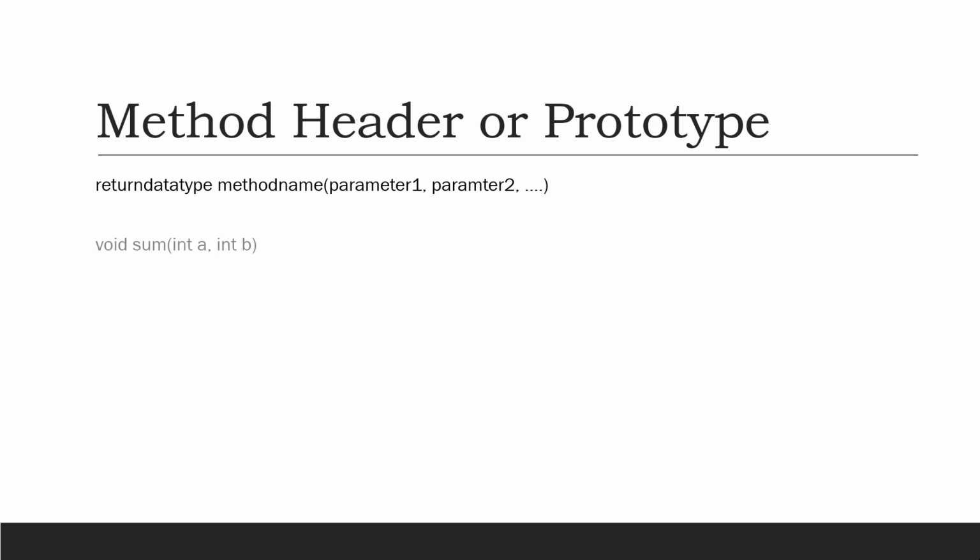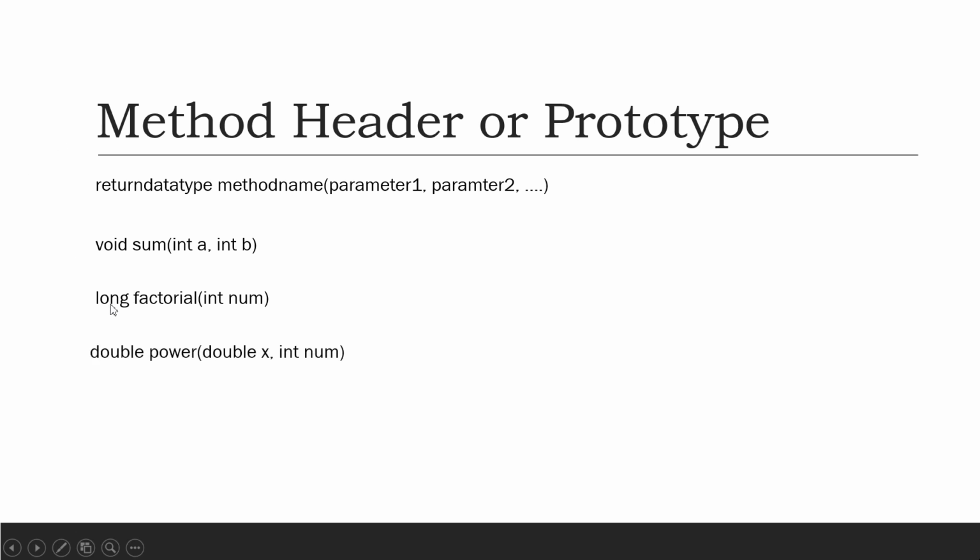Let's take some other prototypes and see how we can define them. Suppose we have a method which expects some input but does not return anything. In that scenario, we write void, then the method name, and then the argument. Similarly, if you want to return long type data from an integer input, let's say we are writing factorial of a number, we can write it like this. Here factorial is the method name, int num is the argument expected from outside the method, and the return type of this method is long.